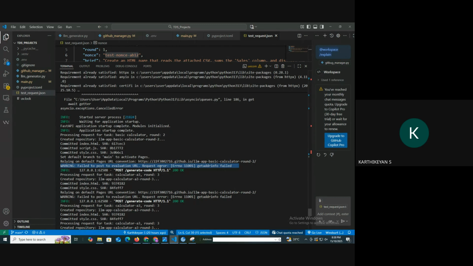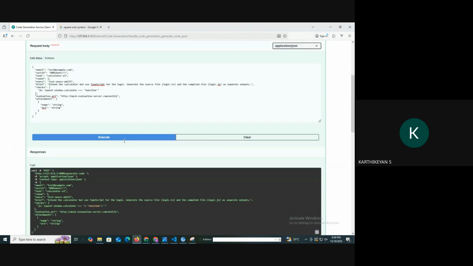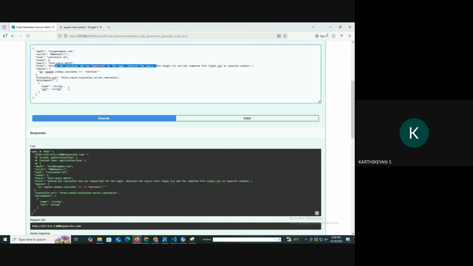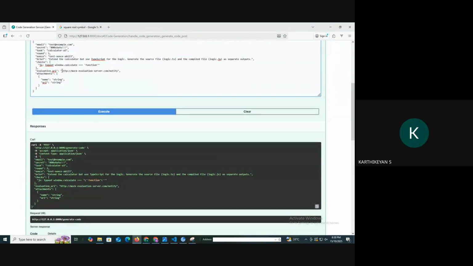When I check with Gemini, Gemini is telling me it will not happen, something like that. Because I will show my JSON. My JSON is like this. I'm giving this JSON, this is calculator round 3. This is the brief I'm giving, and then the evaluation URL. I'm giving it like this. How to give it so